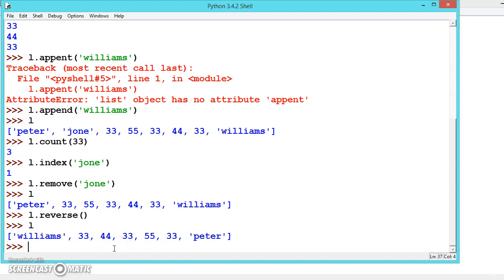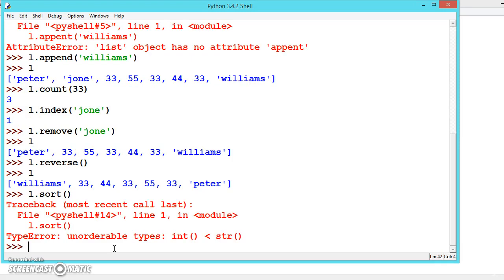And there is again one more method called L dot sort. Sort should contain only integer or string values. There is a method called pop, which returns the last element and then removes it from the list. Let us see the method pop.